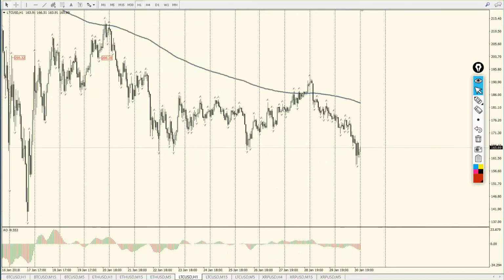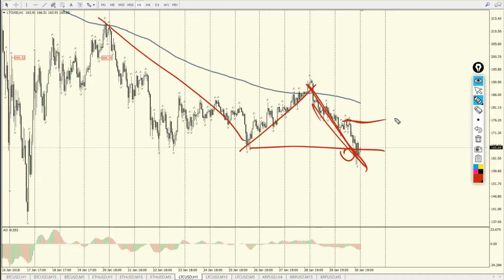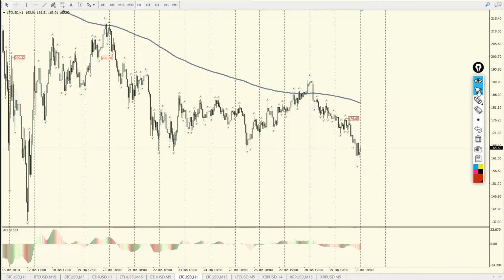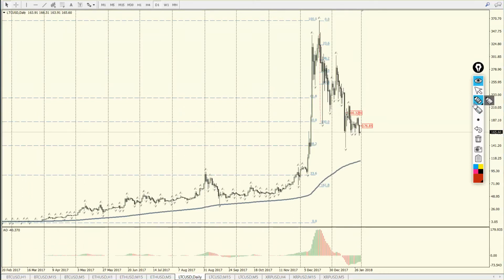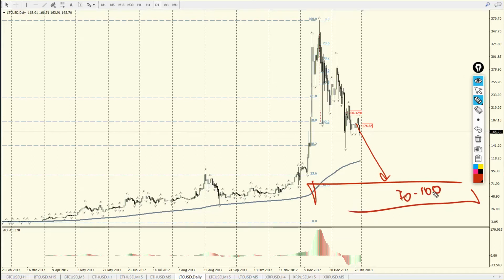I'll just go to a smaller time frame. Here you can see that's the same FZR, and the pivot point that is protecting this trend down is here. So as long as this pivot point is not broken, the trend down of H4 will proceed and Litecoin will become cheaper and cheaper. And again, for me as an investor, at the moment there is no common sense to buy Litecoin if it's getting cheaper. Let's take a look at the higher time frame. This trend could go to approximately this place, approximately $70 or $100 for Litecoin.